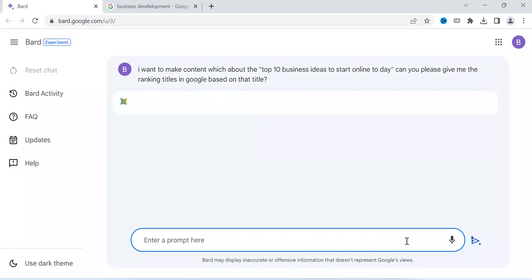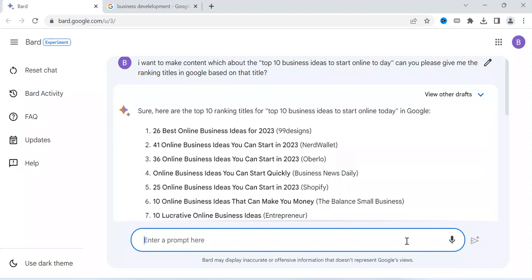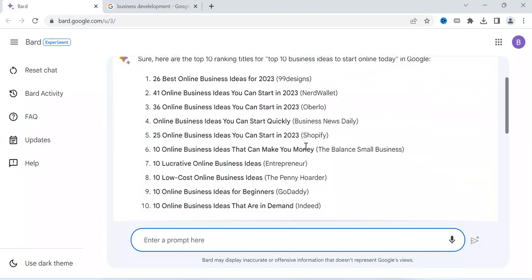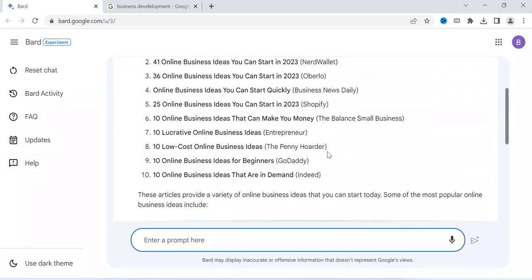If I ask Google Bard this question, I wait so that it can give me the links and also the ranking titles that I can use. As you can see, it is giving me all the titles that are ranking in Google, and it is giving me hints and showing me the sites.